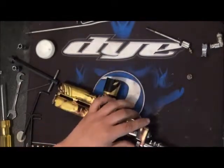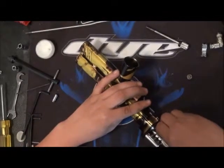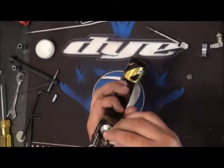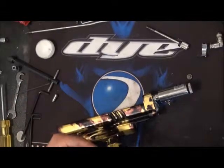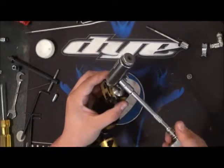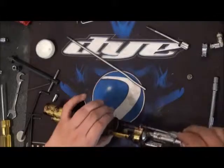Okay. Go ahead and drop the LPR barb in place. Can't tell if that's in line or not. Feels like it's going in there, but I'm going to tighten it down just a little bit. I want to make sure I'm not stripping anything. Yeah, that's it. It's just the threads are a little clogged. Okay, snug that down. And we're going to put the RAM in place. First, I'm going to